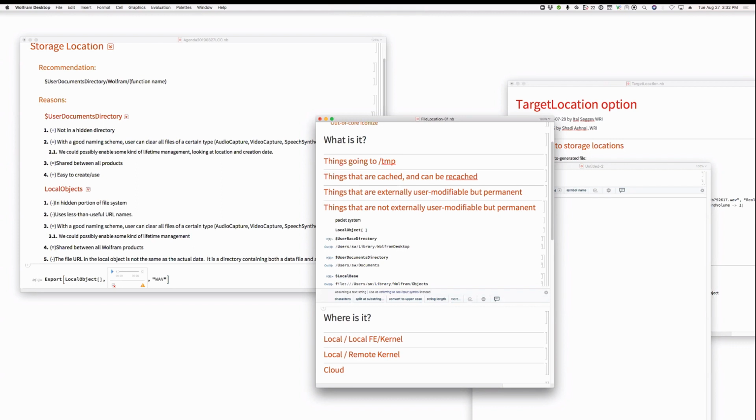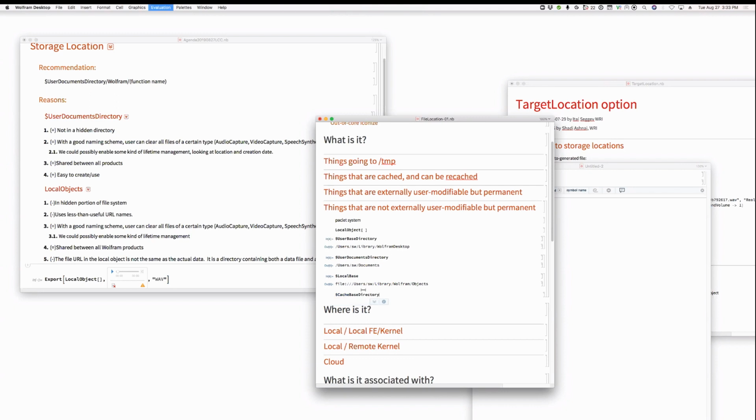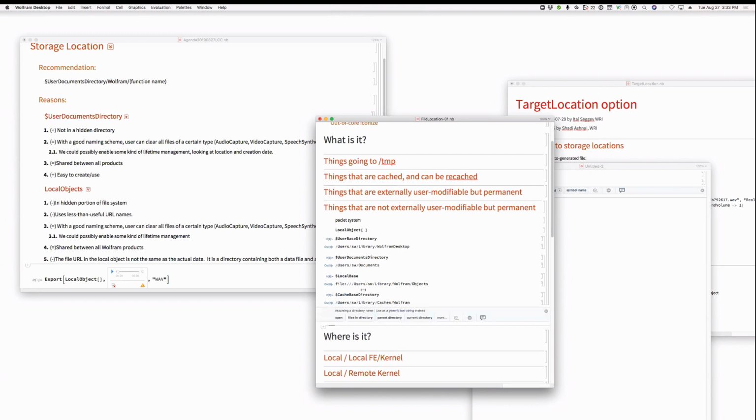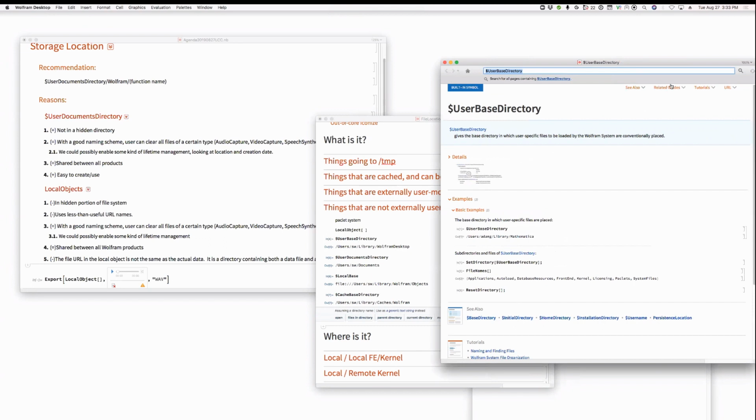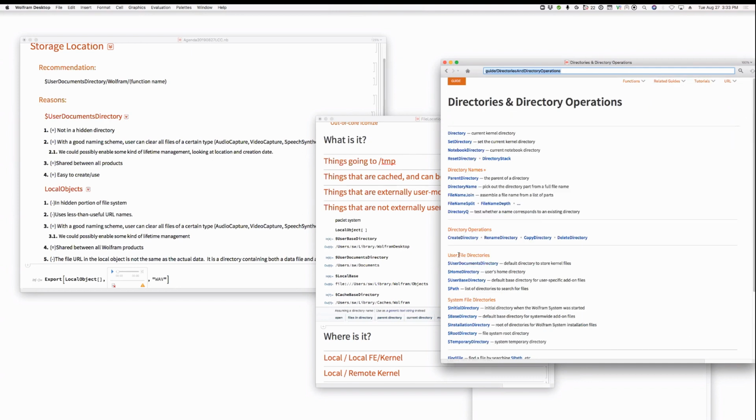There's $cache base directory. Any other things in this merry band? But the cache base directory belongs in the cached category and not the permanent one. Right. Yeah. I mean, I guess that doesn't really belong in this grouping, but